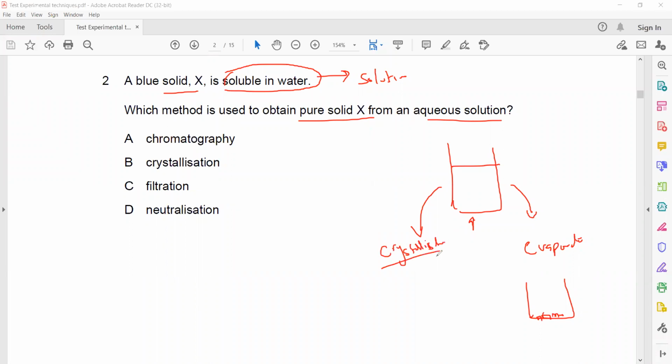In crystallization, what we normally do is we do not remove all of the liquid. Like if it was 10 cm cube of liquid, we evaporate some of the liquid, for example, we make it 5 cm cube. So 10 cm cube can dissolve more salt, but when it is 5 cm cube, it can dissolve a small amount of salt. So the remaining salt will appear as crystals or a solid, which can be removed by filtration. But the first process is crystallization. That's why B is the right answer. So whenever you have a soluble salt or a salt solution and you need salt from that, use crystallization.